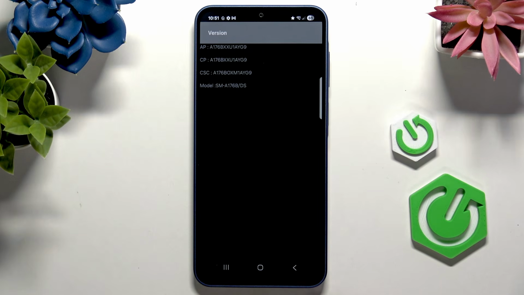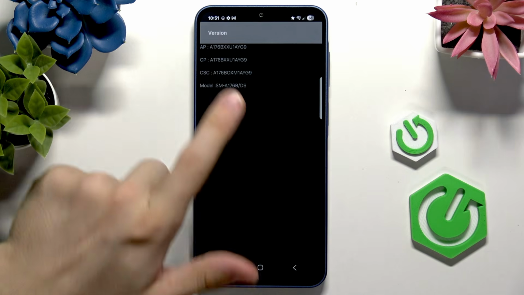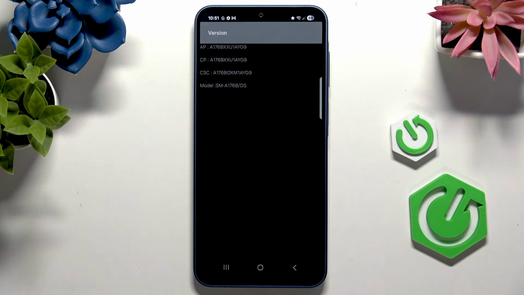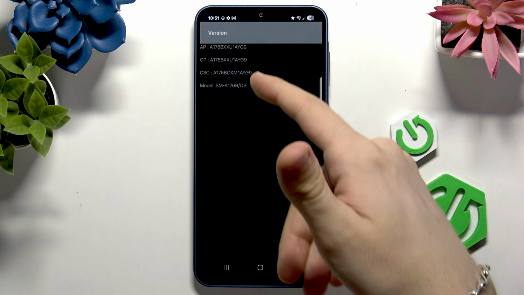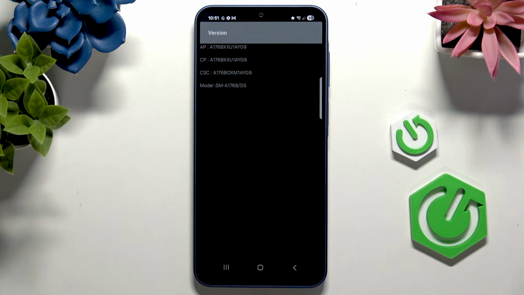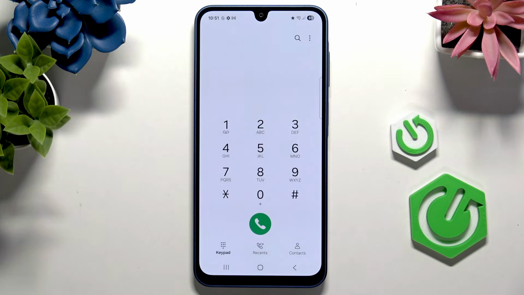So yeah, this is extremely useful if you're trying to flash the device, or maybe in the future there will be a video about bypassing FRP on this phone, and there's a chance you also may need that number for it. So this is one of the places where you can find it. You can also find these numbers in the recovery mode on the phone. And now let's get to the next code, which is going to be advanced firmware version by